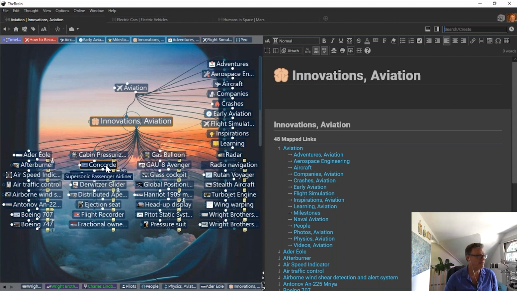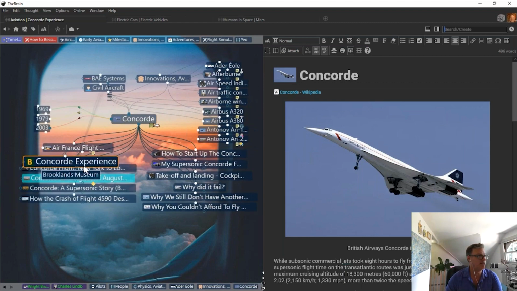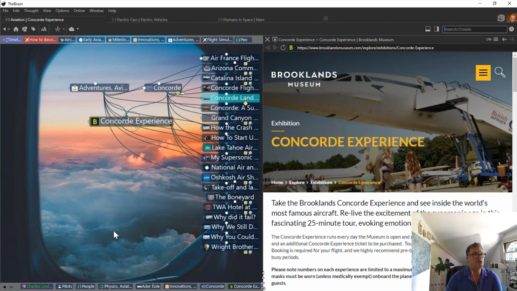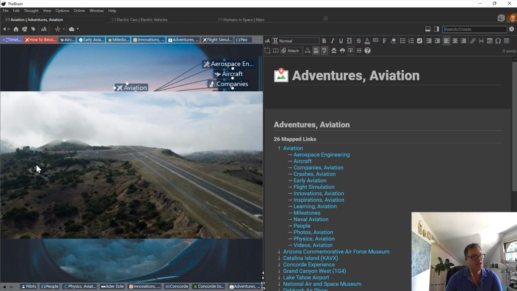And also in this list, I really liked the information that was all about the Concorde. And the Concorde is fascinating to me. Here, once again, we've got all the different dates of first flights, productions, and when they were actually retired. Down below, all of the different type of technology that the Concorde used, even a link to the Concorde experience, which is a museum that falls under adventures in aviation. So if aviation is important to you, you can learn much more about the uniqueness of the